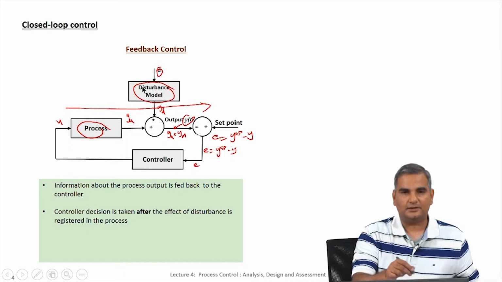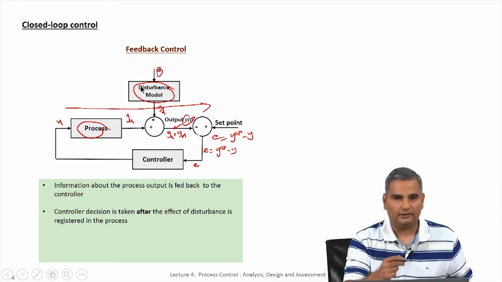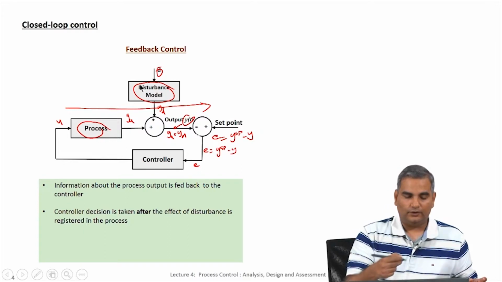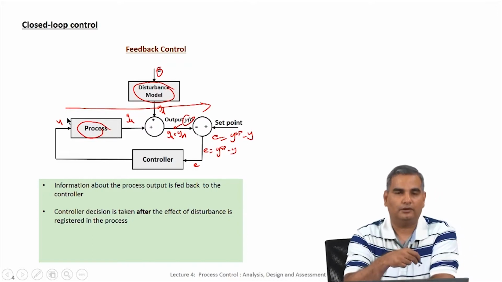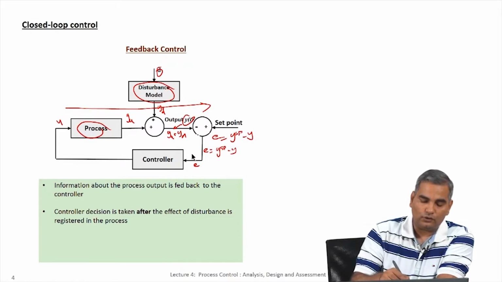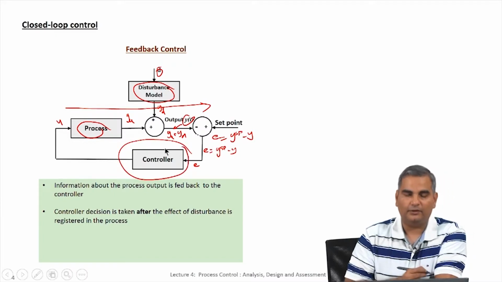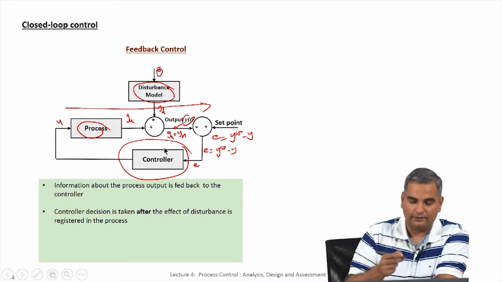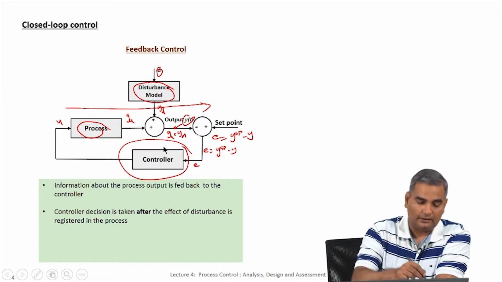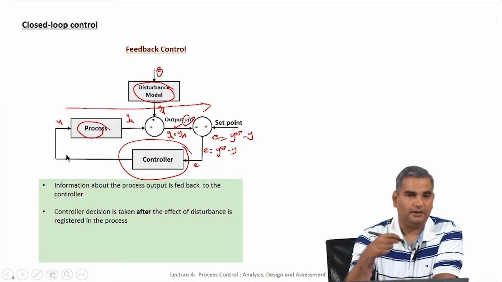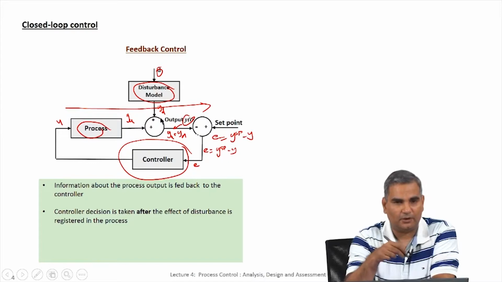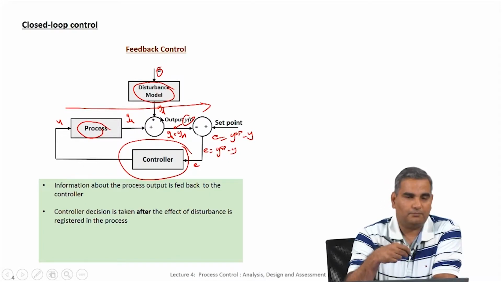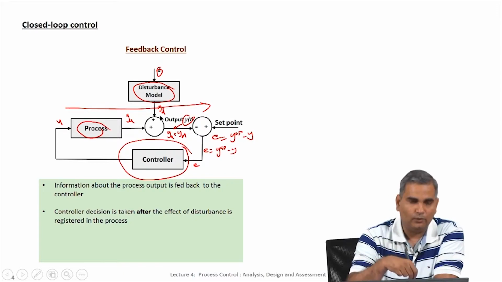So, this concept is what we are going to focus on in this course quite a bit. So, we are going to look at how we model the process, and this model will depend on what is the process that we are modeling, and we are also going to look at how do we come up with the equations for the controller. So, how do we define this controller? Notice that the model equations are actually based on the physical process, right. So, if it is an aeroplane, the model equations are going to be different. If it is a reactor, the model equations are going to be different, but those model equations are basically there to mimic the process. However, controller is basically independent of this in some sense.